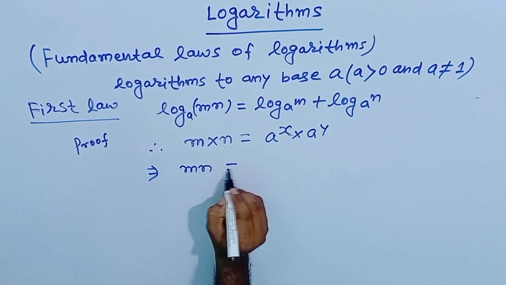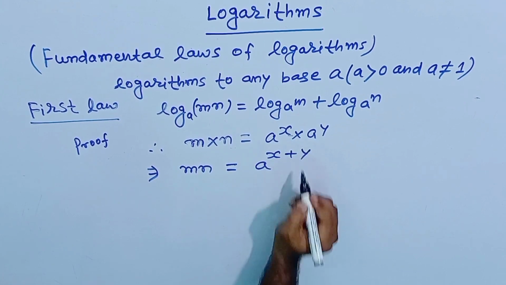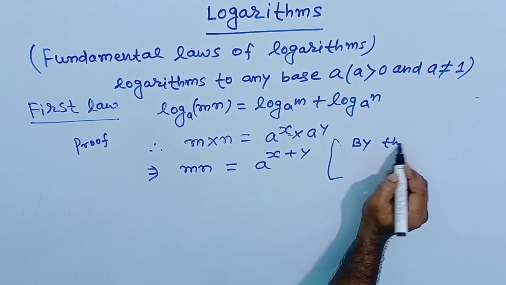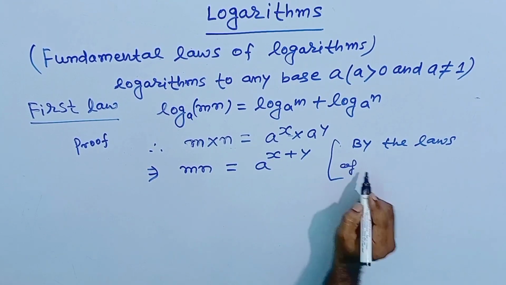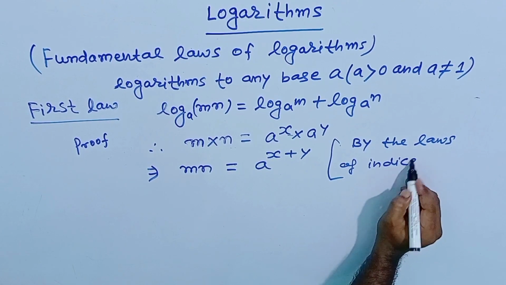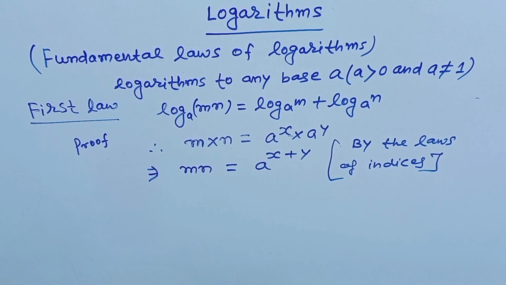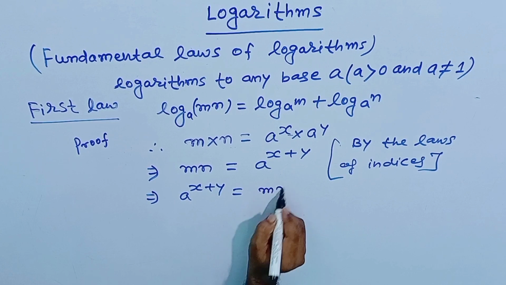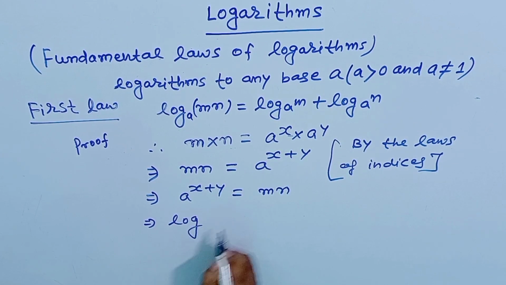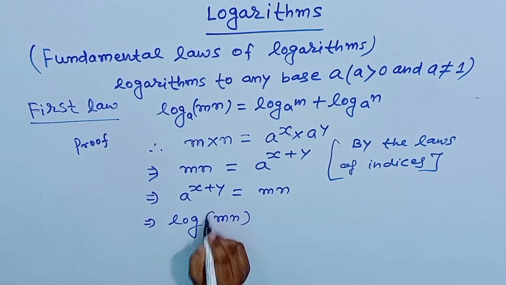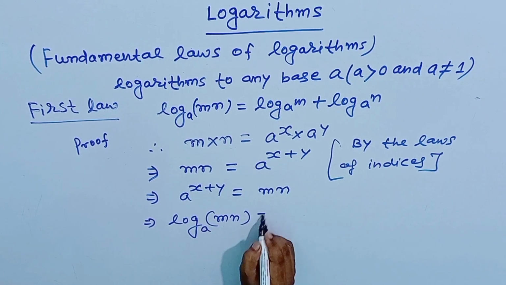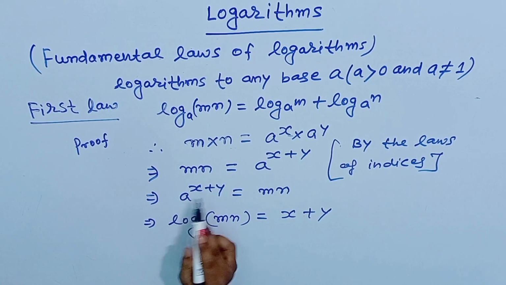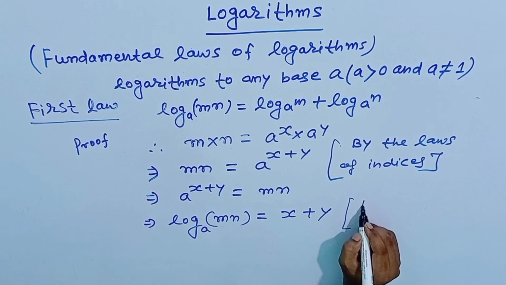दिस इंप्लाइज हम यहाँ लिख सकते हैं mn will be equal to a raised to the power x plus y। बेस यहाँ सेम है, सो पावर ऐड होगा। सो यहाँ हम लिख सकते हैं by the laws of indices, या हम लिख सकते हैं by the laws of exponents। दिस इंप्लाइज हम यहाँ लिखेंगे a raised to the power x plus y is equal to mn। सो हम यहाँ लिख सकते हैं logarithm of m into n to the base a is equal to x plus y।